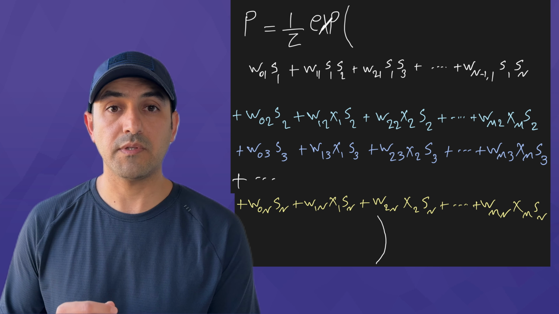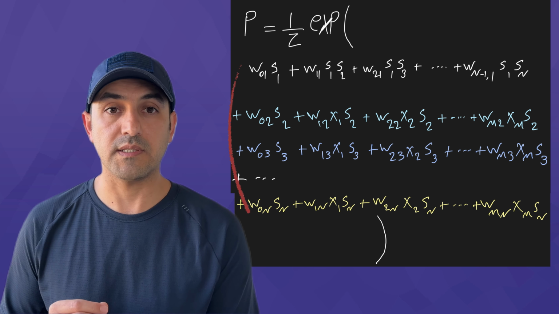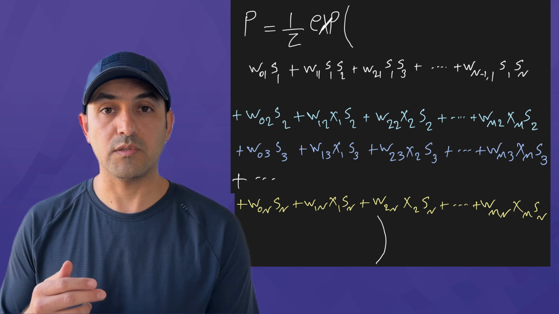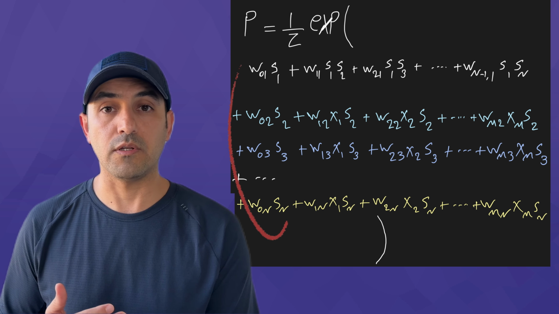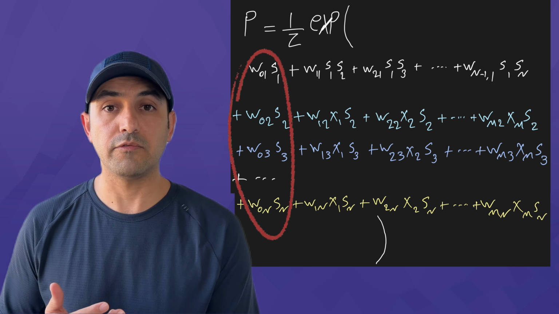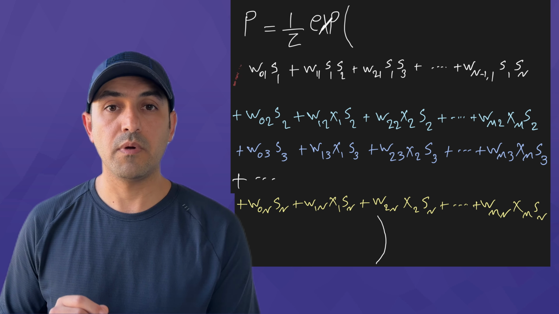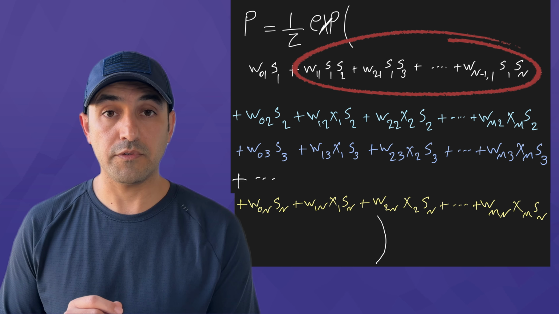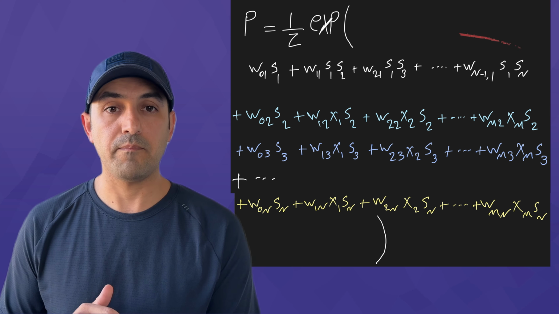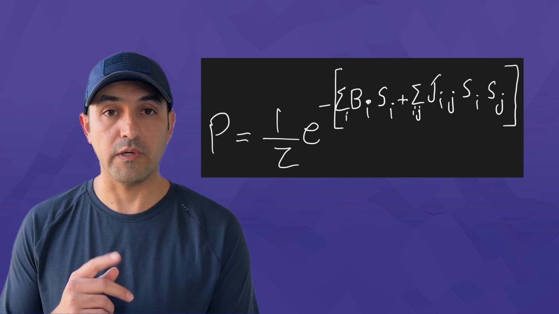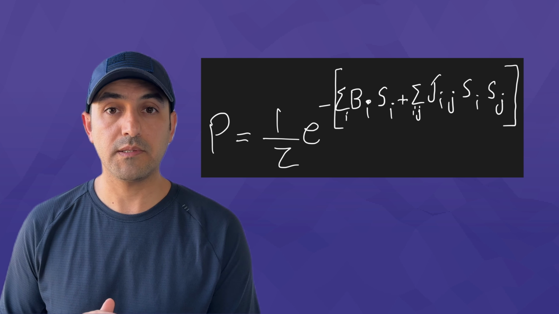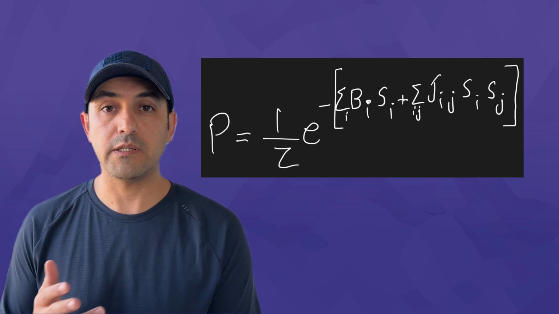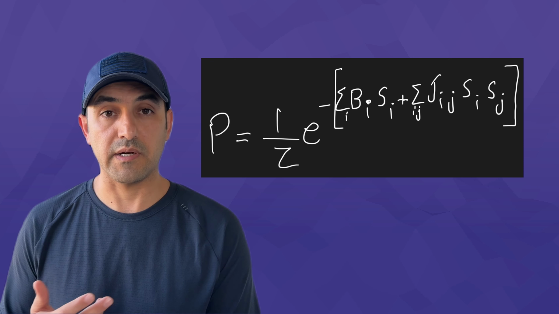Also notice that some of the terms contain only a single neuron state S, and some other terms contain two neuron states multiplied. Let me now introduce a vector B whose components are defined to be equal to the coefficients of single spin terms in the sum. I also introduce a matrix J whose components are defined to be equal to the coefficients of the double spin terms in the sum. Now I can rewrite the probability in the following form. And if I compare it to the probability distribution in the spin system in physics, they are mathematically the same, with B being the magnetic field and J being the interaction.